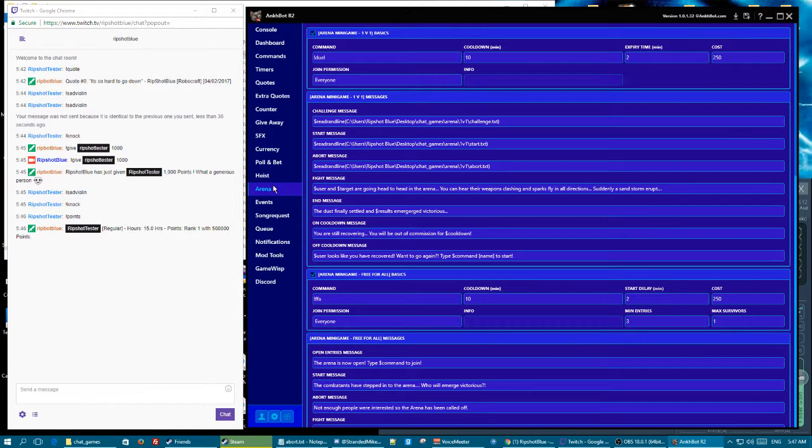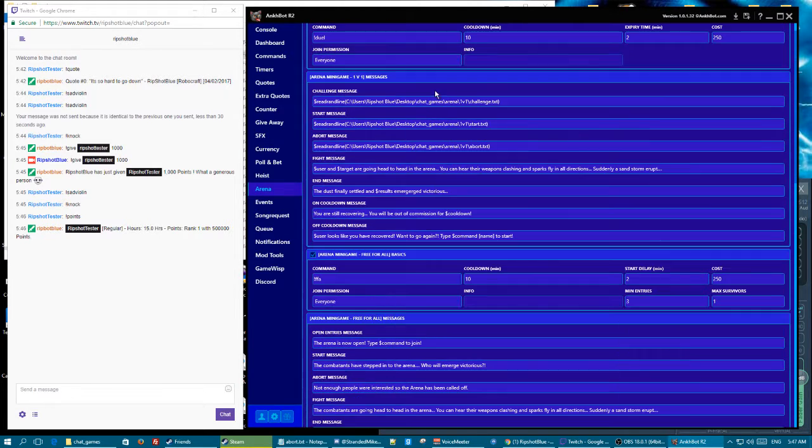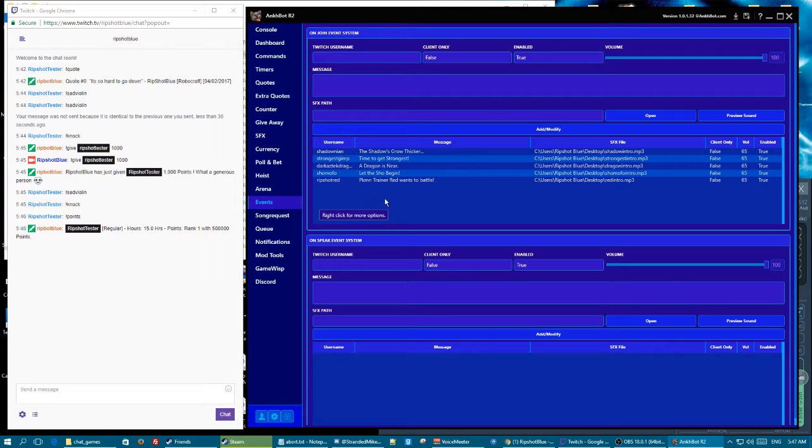Then we have the arena, which is a new one. This one I've been playing with today. I've started making a custom one, still working on it. We'll go over this in another video, of course. You got events, which is, well, events. This one would be used for custom